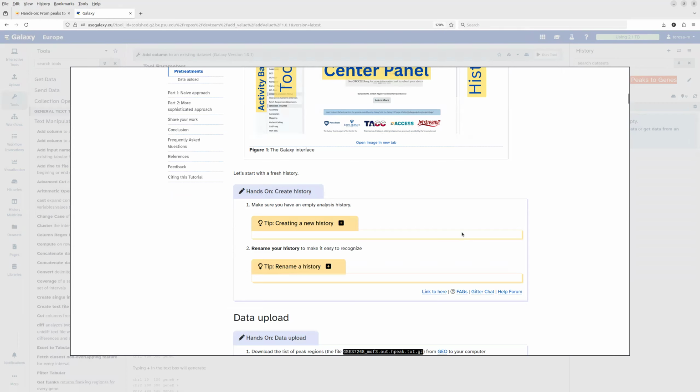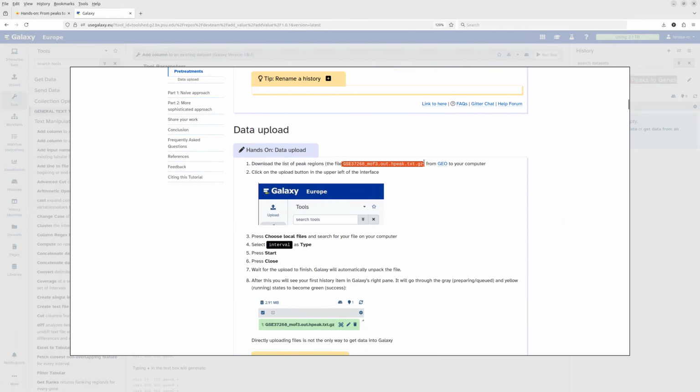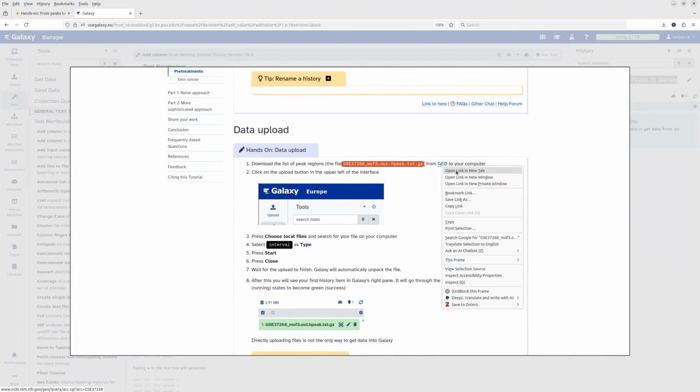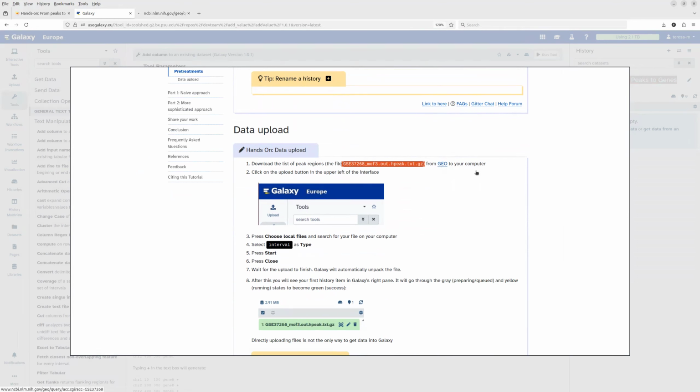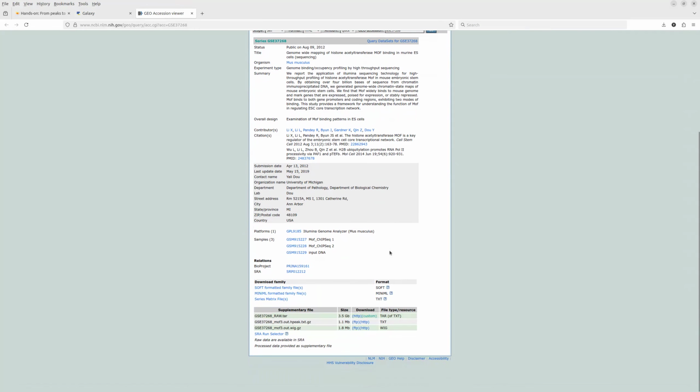First, I will open it up again, and the first step is to upload data. And we want to find this file on the Geo database. For this, please open up the Geo database by right-clicking on your mouse and just open this link in a new tab. So this will open the geodatabase in a new tab. And now we can find the file name with the accession number and then mov3 out hp